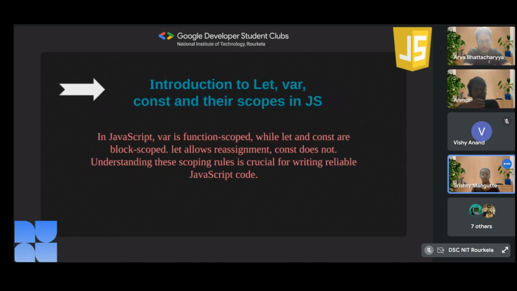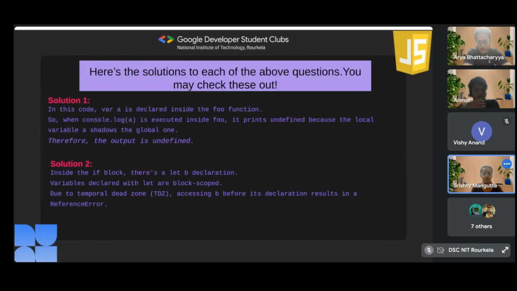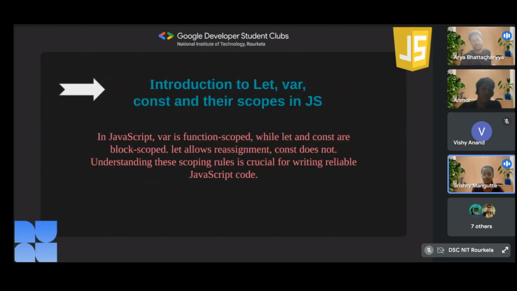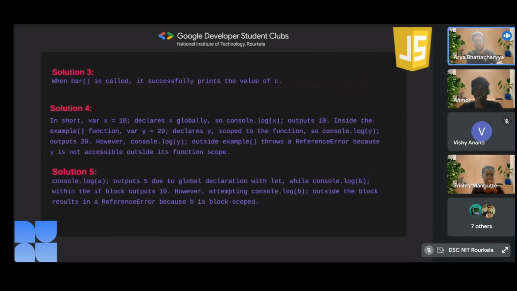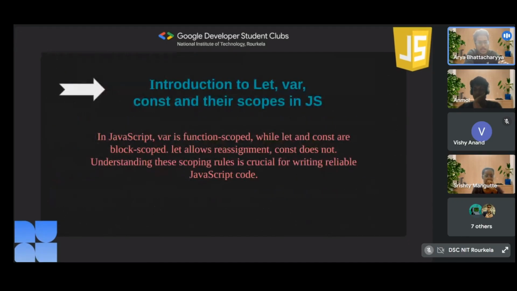Now moving on, introducing let, var, const, and their scopes. This is the earlier theory portion, just for your reference. This is exactly what we have been doing through the examples and the Weird JS website questions. You can go through the solutions of the questions that we have actually run on the terminal. So this is the theory and the solutions. We'll share this PPT with you, we'll add this in the PPT.